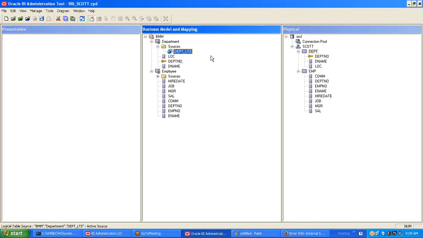So now I've renamed this, right? So by seeing the name, I cannot say that this is mapping to the department table. It can map to even some other table. So now how can I verify whether this LTS is pointing to the department table or employee table or any other table? That information, if you double click on the LTS,